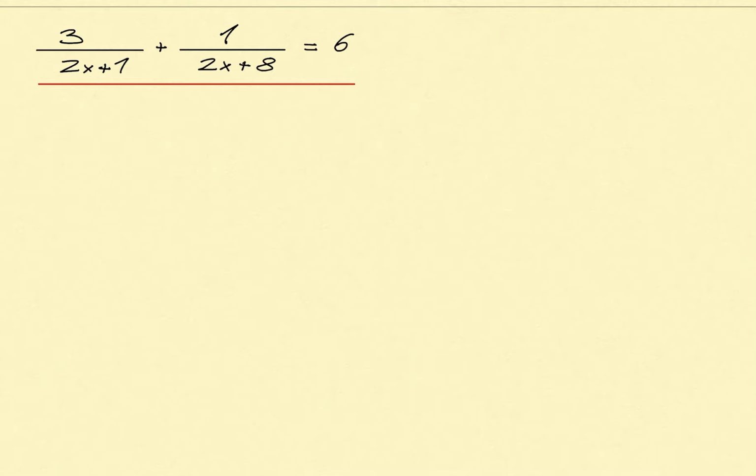Now, you could think, well, I could just bring this to this side multiplying, so this to here multiplying, and this to here multiplying, so we just multiply by these numbers on both sides. But that wouldn't work because we've got a plus sign between these two fractions. They are not the same fraction because they are not multiplying themselves, if you get what I mean. So what we have to do here is get a single fraction. We've got two separate fractions. We just want one. And the way to do this is by